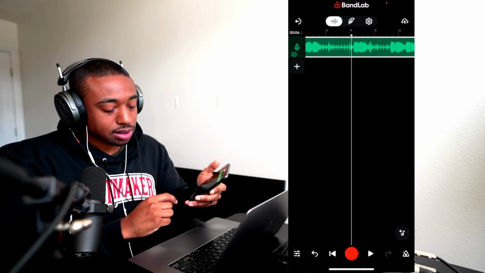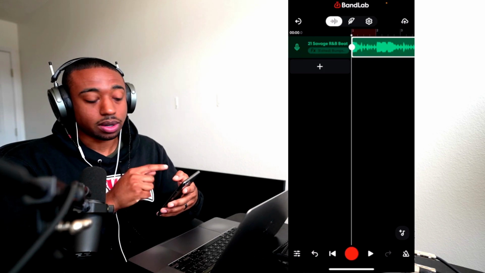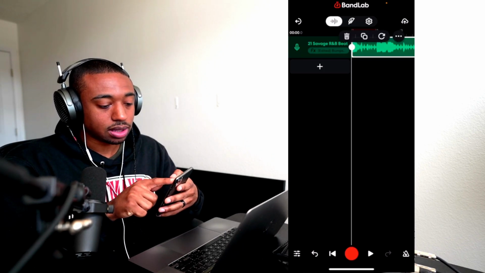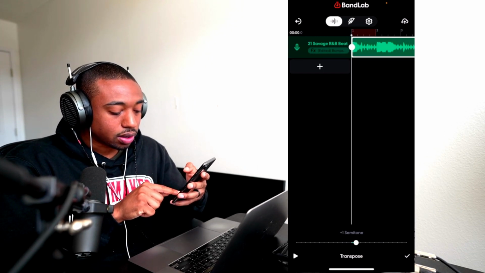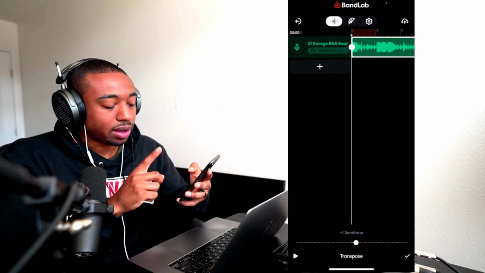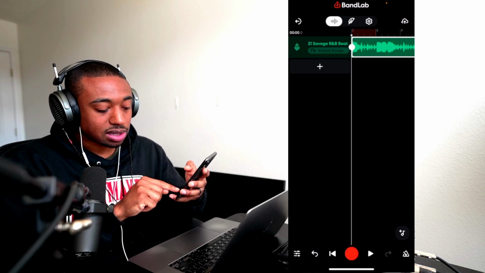So before I plug these in though, the next step is we need to kind of mess with the beat a little bit, at least for what I want to do. So I'm going to tap on it one more time, go to the ellipses and go to transpose. We're going to pull this up 1 semitone. Okay, so if you hear guys in the background, we have construction, so they might be banging on stuff. Okay, so we're going to go +1 semitone.